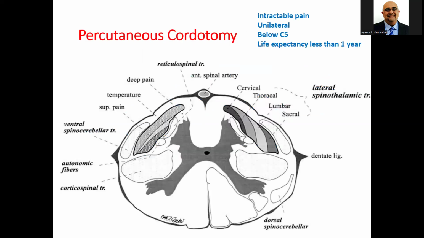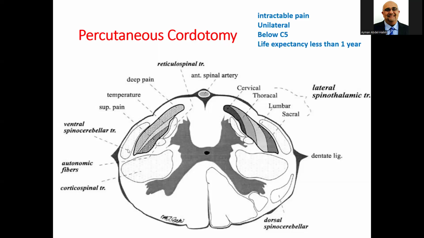Here's the picture of the anterolateral spinothalamic tract. Here are the reticular fibers, just next to the anterolateral spinothalamic tract. So if you do it bilaterally, you can damage these reticular fibers. And then, of course, you can cause motor weakness. You see this corticospinal tract here. If it gets damaged, you can actually cause